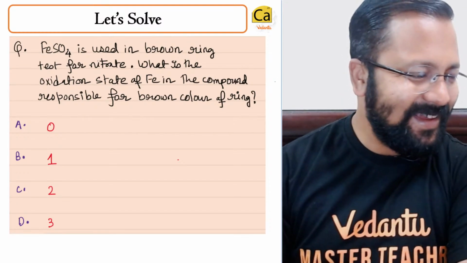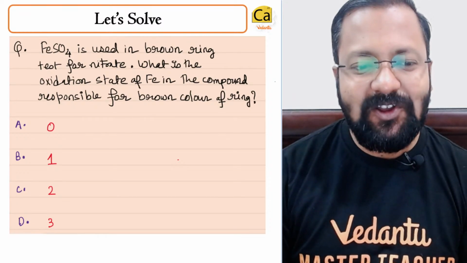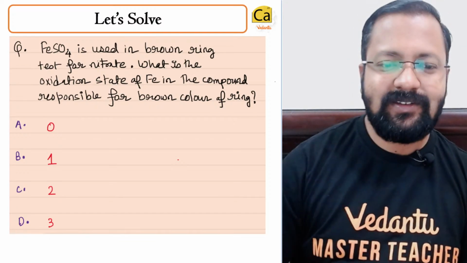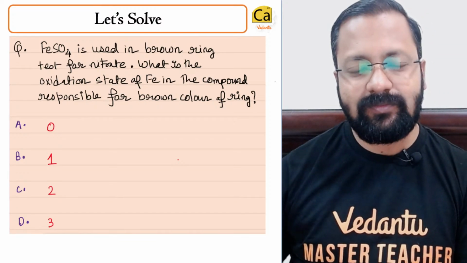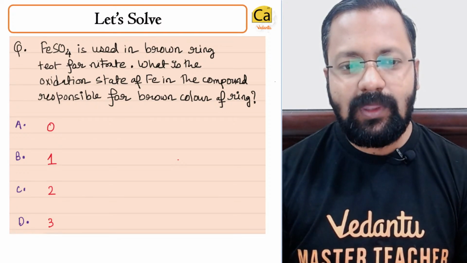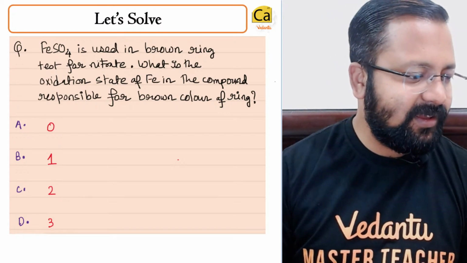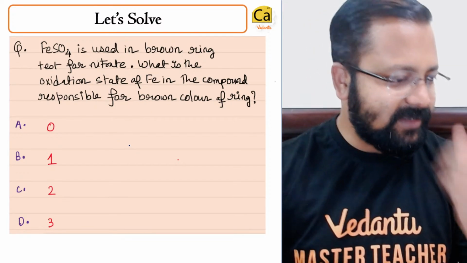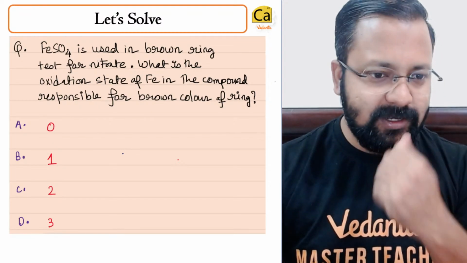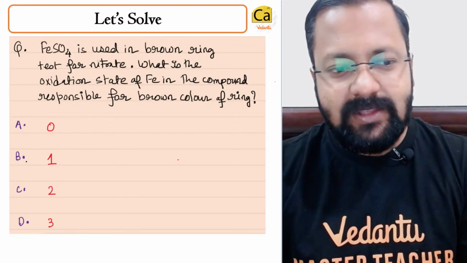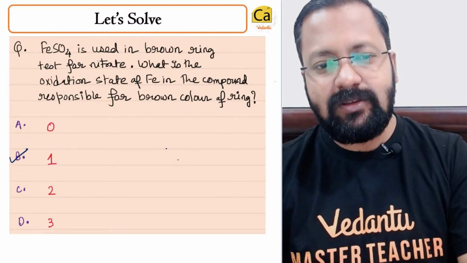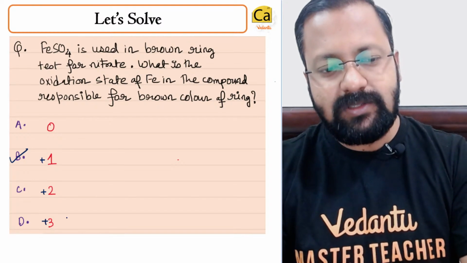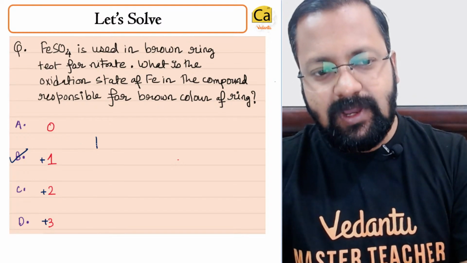The right answer is not plus 3. Some people have given the answer, some people haven't. Science World has given the answer, Akanksha has given the answer. The right answer is B. Actually this is plus 1, plus 2, plus 3. So the complex is